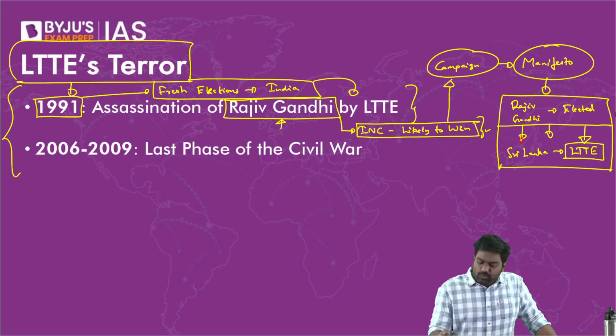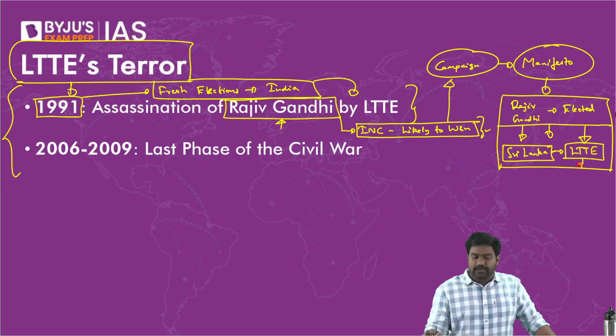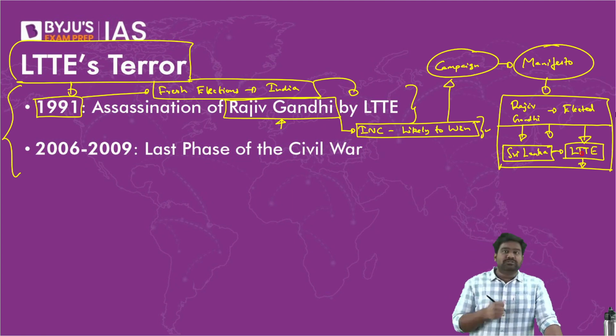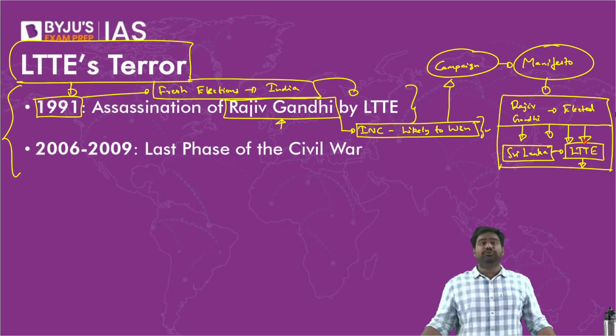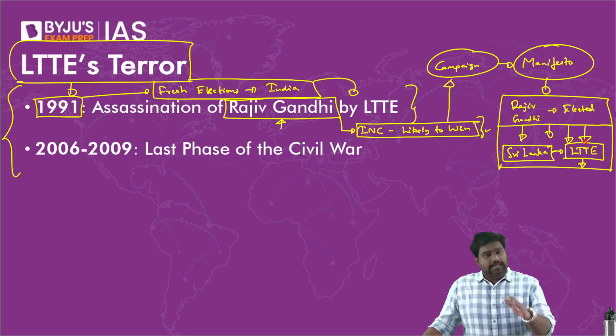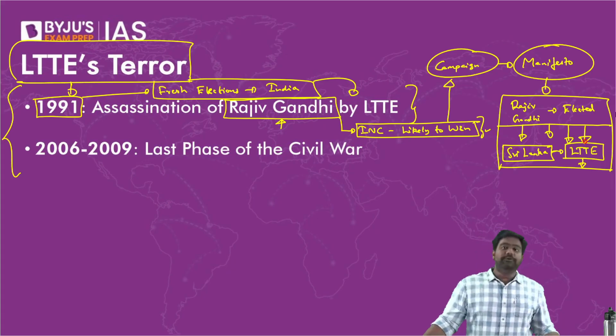India had promised to work with the Sri Lankan government, and now that LTTE was a threat to India, it had killed close to 1,000 Indian soldiers as part of the peacekeeping forces. It had destabilized the whole region. It had become a notorious terrorist outfit. So Rajiv Gandhi made a commitment in the manifesto during the election campaign that LTTE would be targeted by working with the Sri Lankan government.